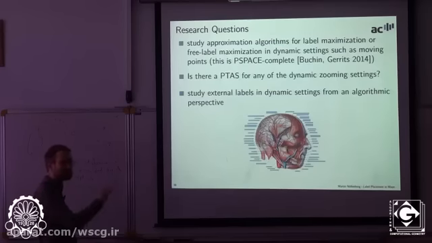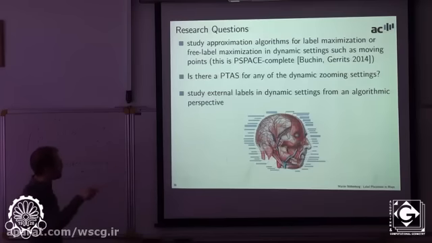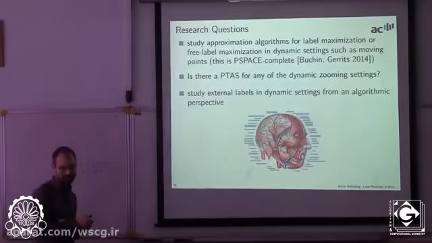So they use this in airspace control, for example, when they have airplanes and the names and the altitude need to be on screen, and you cannot afford to not show a label of an airplane. That's never an option. But you can try to minimize the number of overlaps. So this would be the free label maximization problem. And then Kevin's paper showed that this is PSPACE-complete,